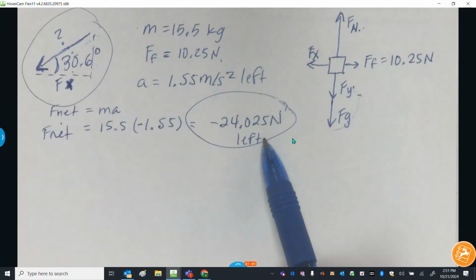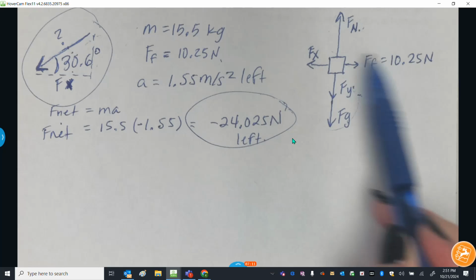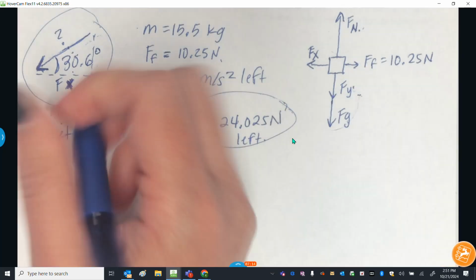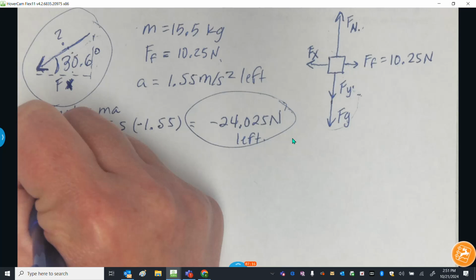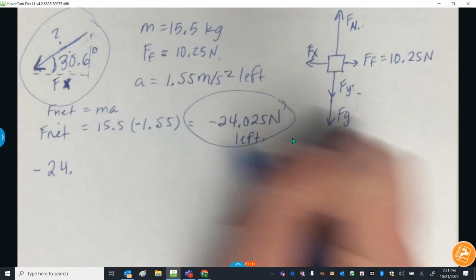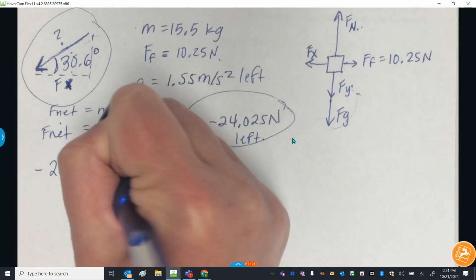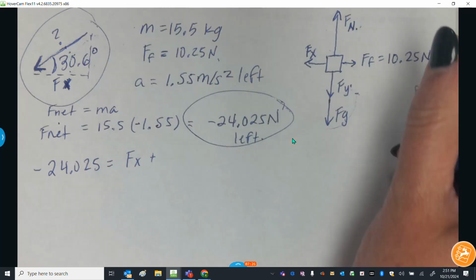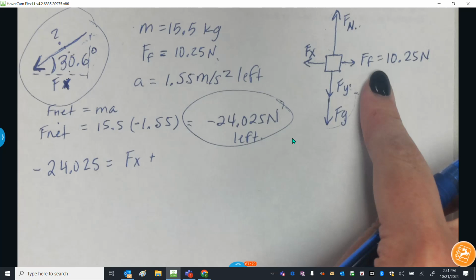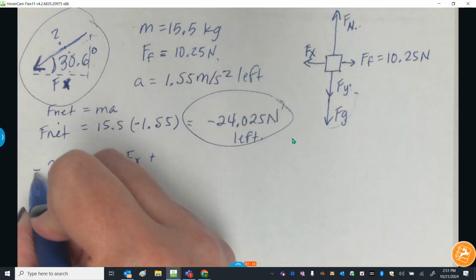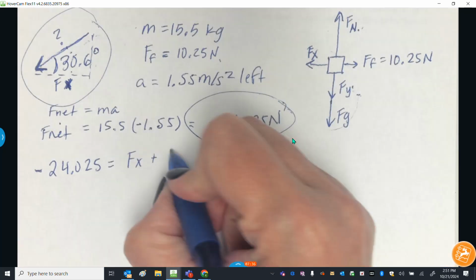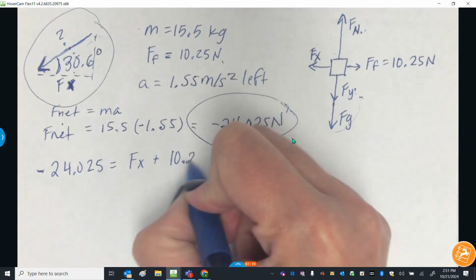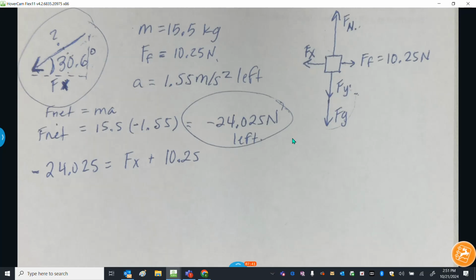And so this net force is equal to the sum of my horizontal forces, which means I can write an equation that F net, or negative 24.025, is equal to the sum of my forces. That's Fx, that's the one I don't know, plus Ff. Now in this case, Ff is not negative because Ff is going to the right. So please just be careful with your signs. This is negative, but this one's not going to be. 10.25,